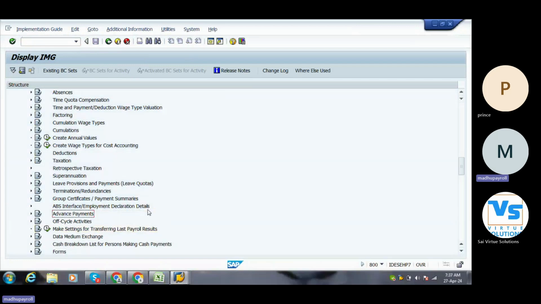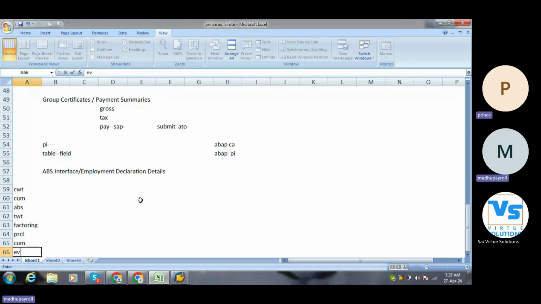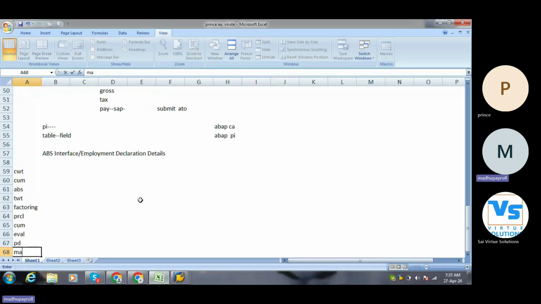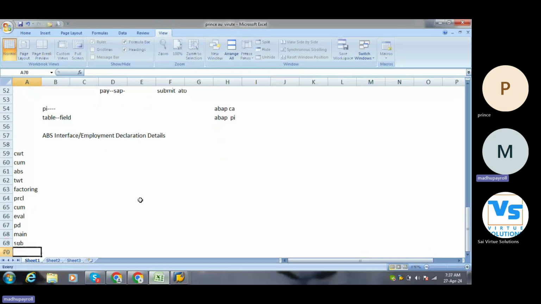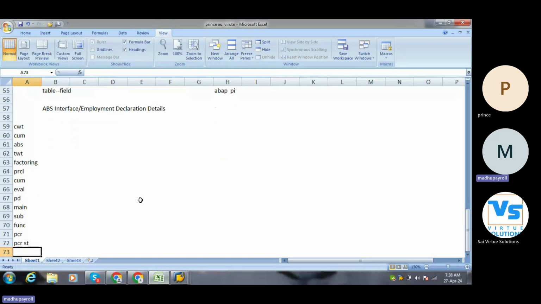So these are the differences from Indian payroll, particularly Australian payroll. Other than that: accumulation wage type, accumulations, absence configuration, time based type, factoring, processing classes, accumulation classes, evaluation classes, payroll driver, main schema, sub schema, functions, PCR customer specific, PCR standard. These are very common for every country. But coming to the payroll driver,